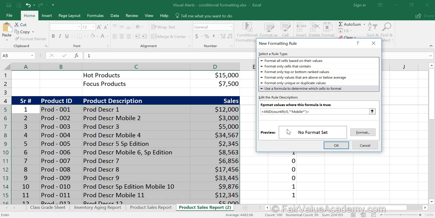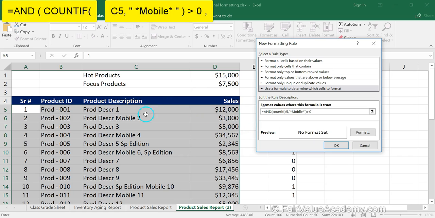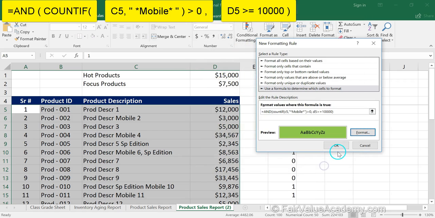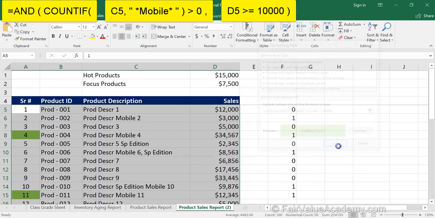If this is greater than 0, then that means mobile is present in the text of the description. So this is our first criteria. Then we separate this to write another criteria, which is D5 greater than or equal to 10,000, and we close this bracket to complete the AND formula. Now let's format this and select green, and we click OK, and once again OK.